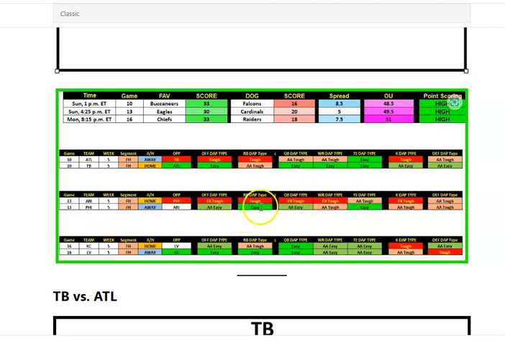Goddard looks good. Miles Sanders looks good. Hurts looks good. The wide receivers, though, Devonta Smith and all, are going to have to work a little harder this week. So if you've got somebody better than him, just be aware. It's a little bit tough. And so right away, when you're setting your lineup in Philadelphia, you should pay extra attention to the wide receivers. See, the data is pushing you for that extra deeper thinking here.